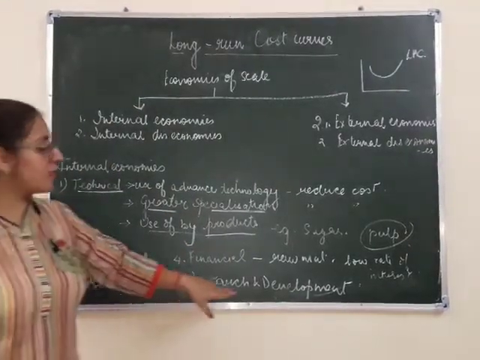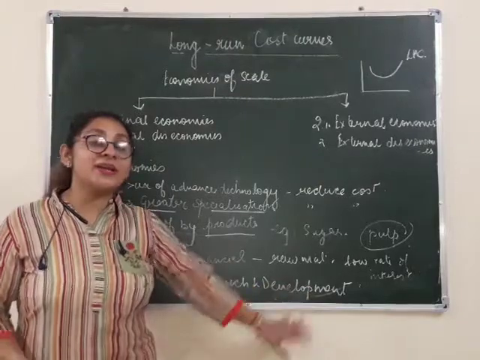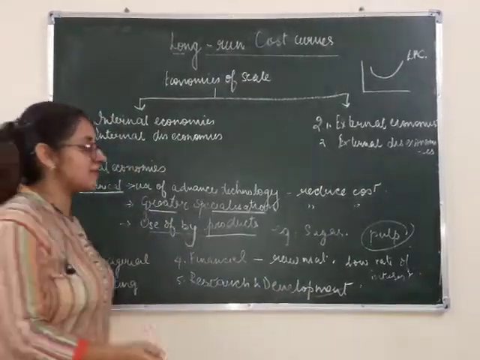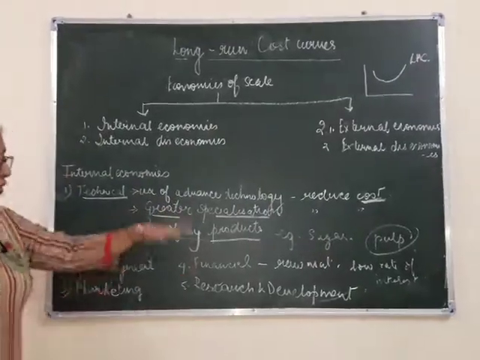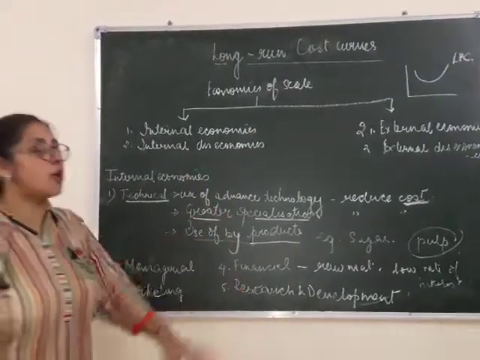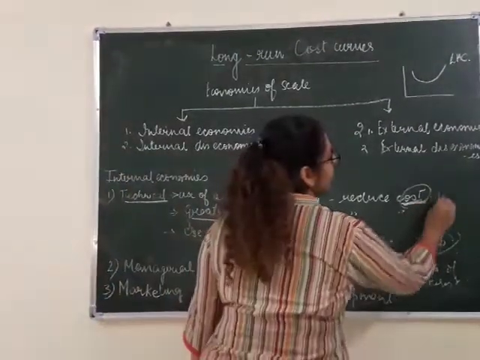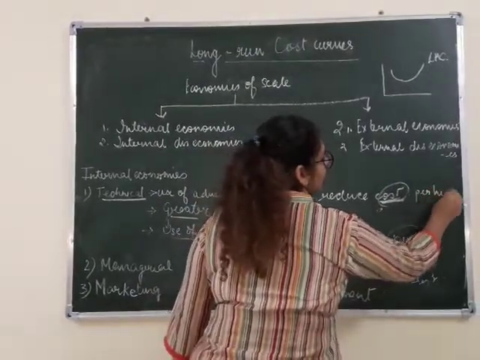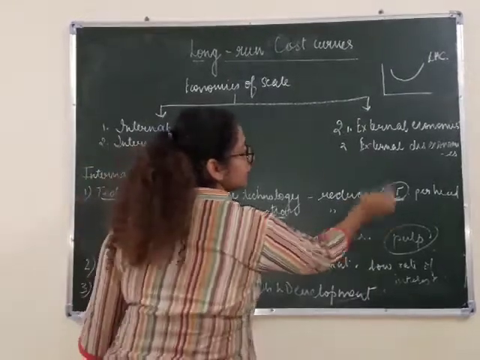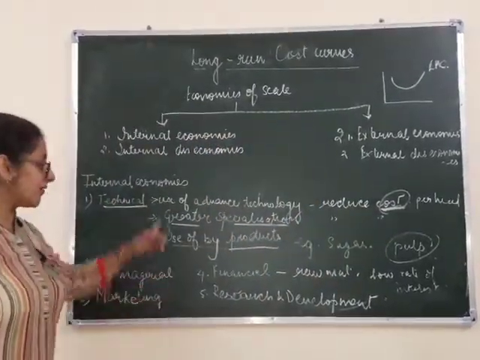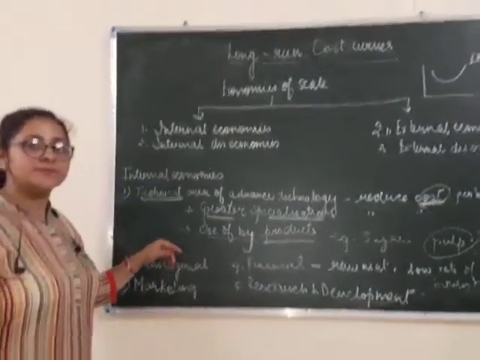They are spending more and more on research and development, which affects your cost. All these things are affecting the cost per head. It means your cost per head to produce 1 unit is reducing. So is everybody clear with these internal points?